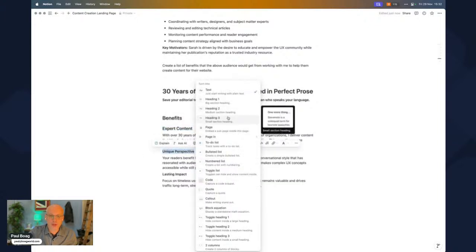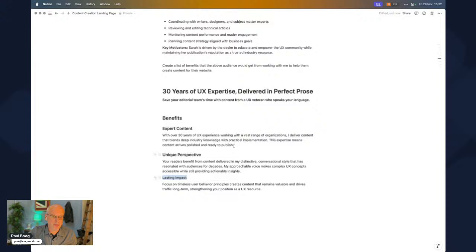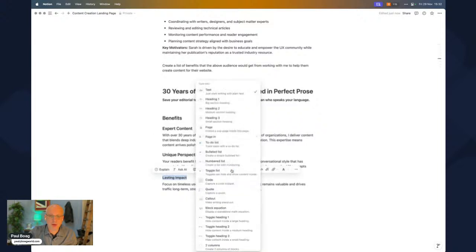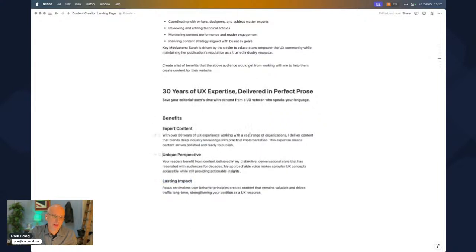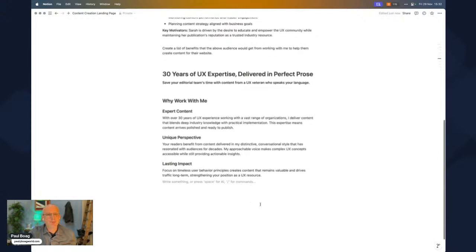So I'm almost using this to wireframe a little bit, kind of how the page fits together. Yeah, and we're going to need to look back at this. Right, work with me. It's probably something along those lines. Right. Okay. So we have our benefits.